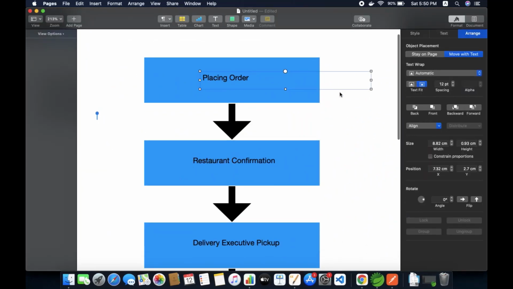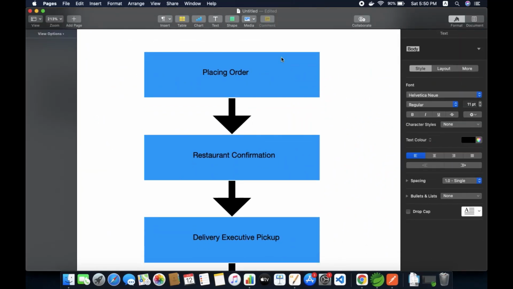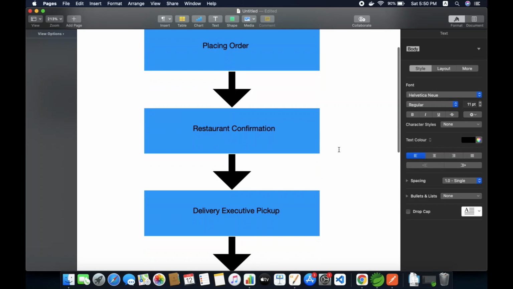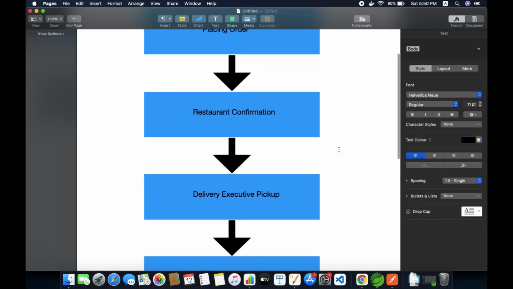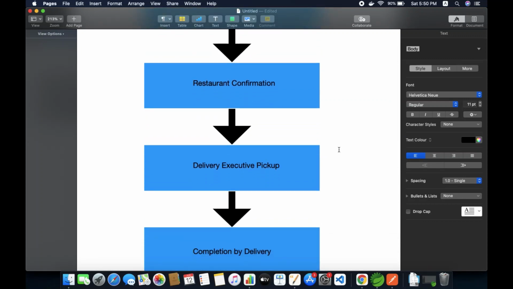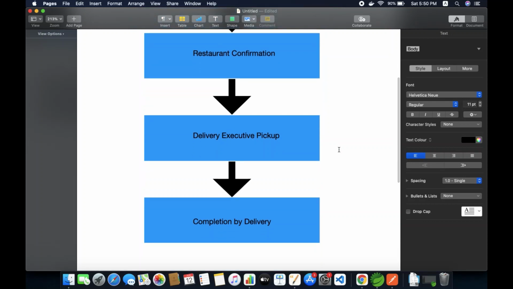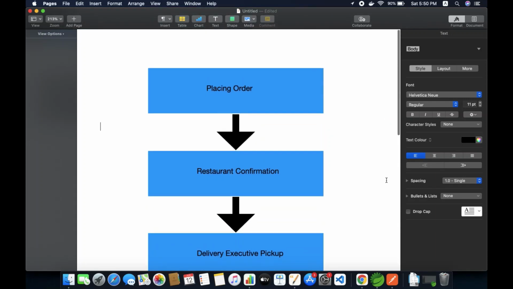So let's consider this. First you will be placing an order. Post placing your order, the restaurant will give a confirmation signal, and after the confirmation signal, Swiggy will assign a delivery partner for you. Post that, the delivery partner will pick up the order from the concerned restaurant and deliver the same to you. So this is how the long running workflow process will be defined. It can be different in Swiggy, or even different in Zomato, I'm not sure what kind of workflow process they are using, but this can be related to the same.